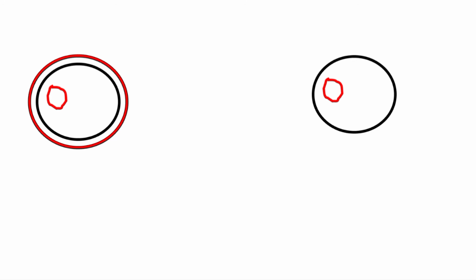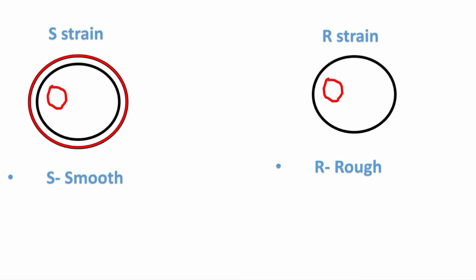Now you should know that this bacteria has two important strains. One is called as the S strain and the other is called as the R strain. S का मतलब यहाँ पर है स्मूथ, क्योंकि जब भी हम S strain बैक्टीरिया को ग्रो करते हैं द कल्चर मीडियम दे फॉर्म स्मूथ कॉलोनीज एंड R strain बैक्टीरिया दे फॉर्म रफ कॉलोनीज व्हेन वी कल्चर देम इन द ग्रोथ